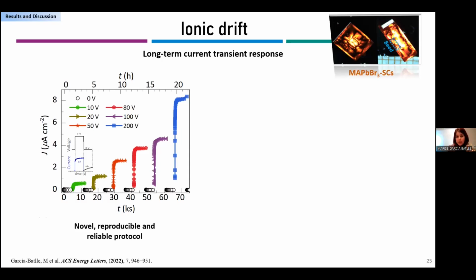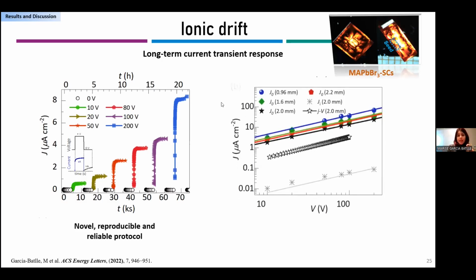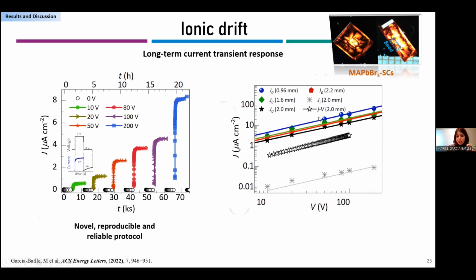All people working in perovskite should know this fact, that it's quite hard to obtain a reproducible and reliable response. So in the end, I found that this protocol of using different voltage steps and applying a short circuit current after every voltage step was the way to measure and obtain the long-term current response. So in here, I plot, and I think this helped to understand, this is the steady state current,